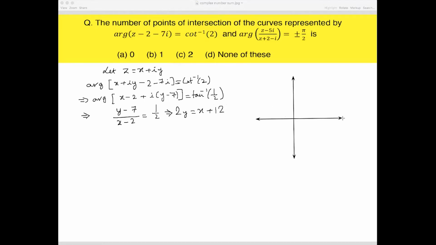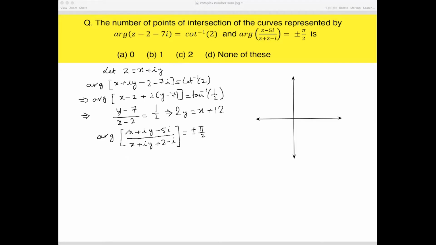Now you could have immediately plotted this on the Argand diagram, and there are perils of putting it like that. Chance of making a great mistake. I'll come to that later on. Let us examine the next curve here. You put x + iy there also, and we can simplify it,